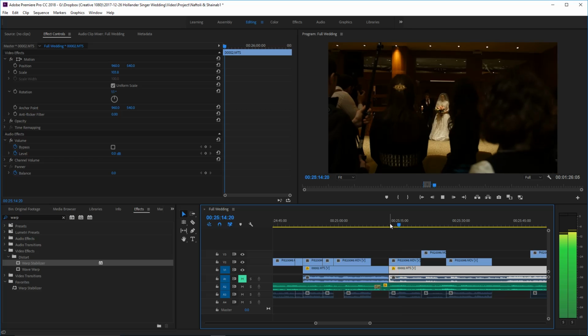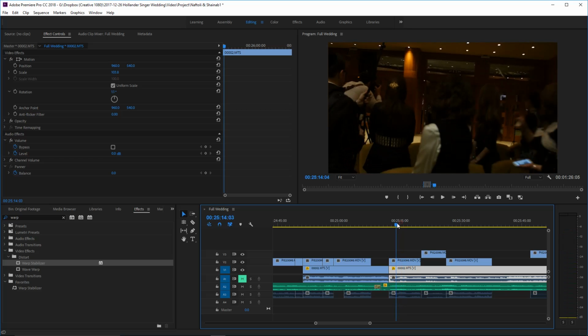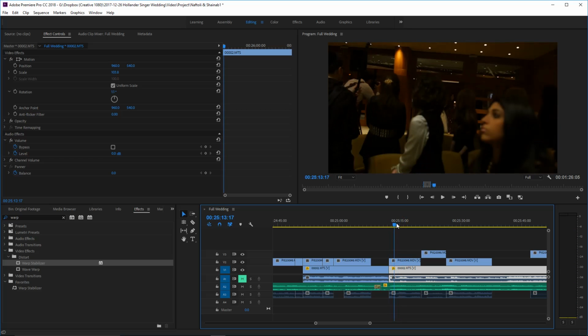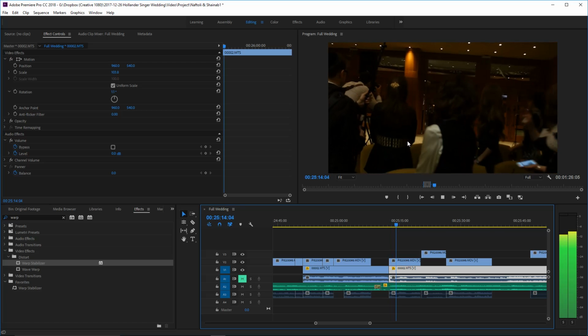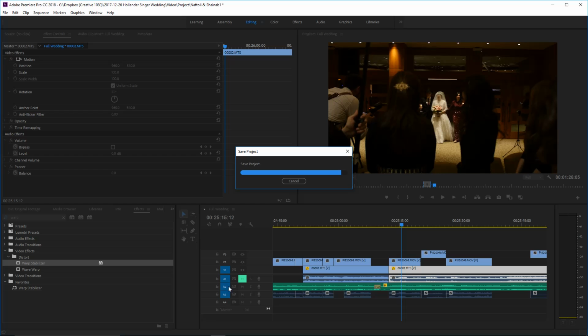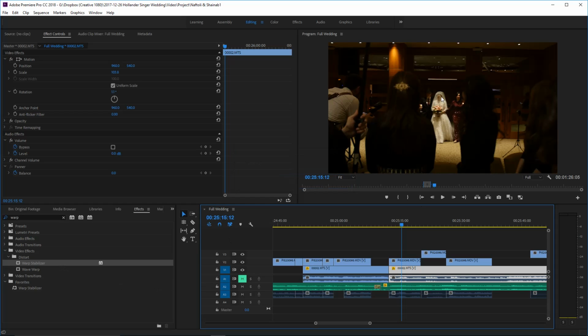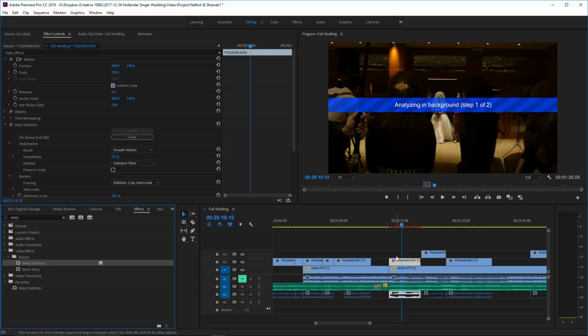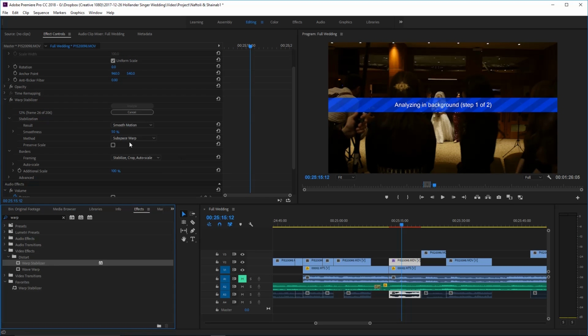Okay, that works. This is an extremely dark clip. It's also a little bit of a shaky clip, and we're gonna try to make it work nonetheless. I love the shot of the people standing up into the camera. I don't think Warp Stabilizer is going to fix it, but we are gonna try. If it doesn't, then we're just gonna start the clip from this point here. So let's kind of see what happens. Let's give it a second. If it fixes it, great. If not, we're gonna get rid of it.